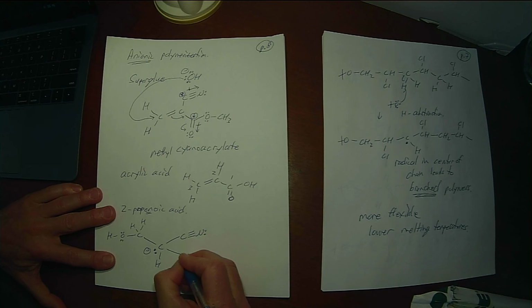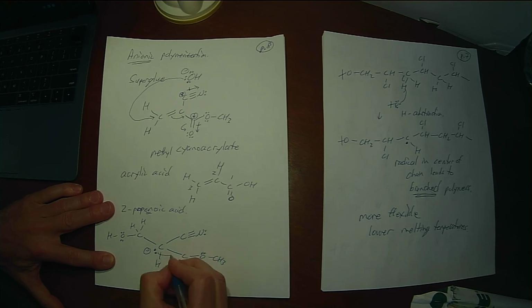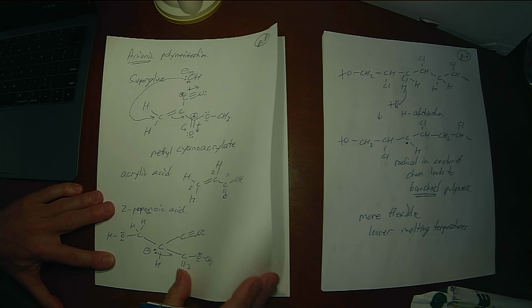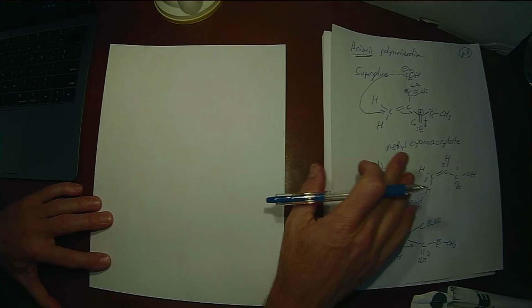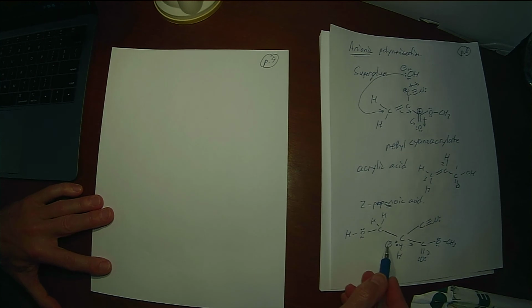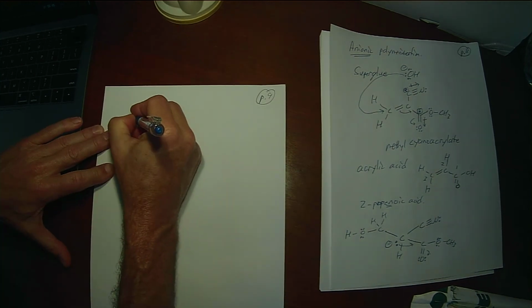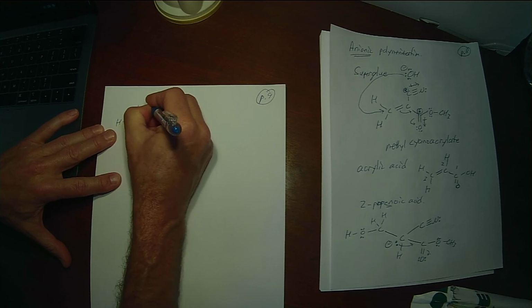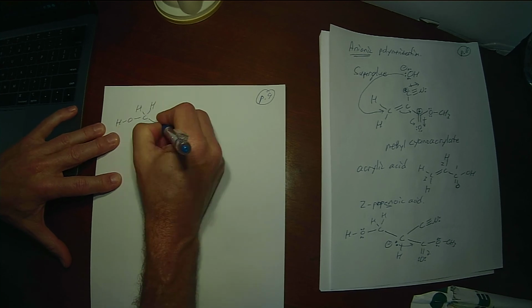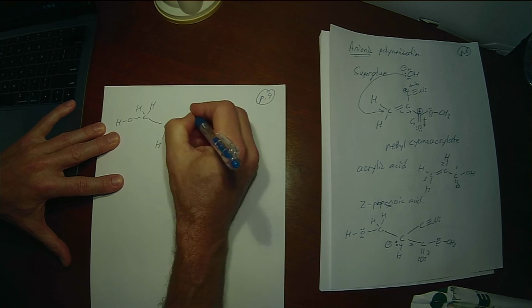But then that anion can be resonance stabilized by donating out to the oxygen or donating out to the nitrogen. So we've got electron withdrawing groups now instead of electron donating groups. So instead of stabilizing the positive charge, we're going to stabilize the negative charge. But it's the same principle, right? The thing that initiates the polymerization reaction